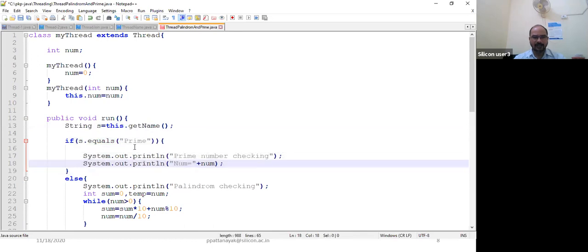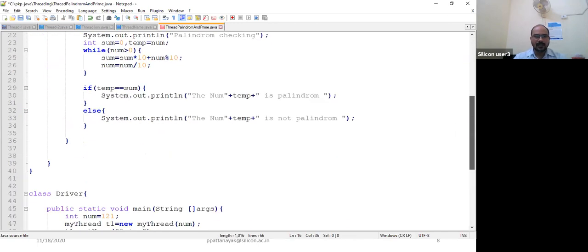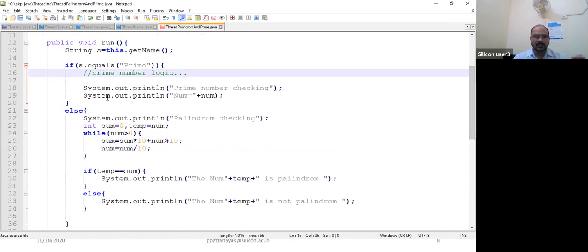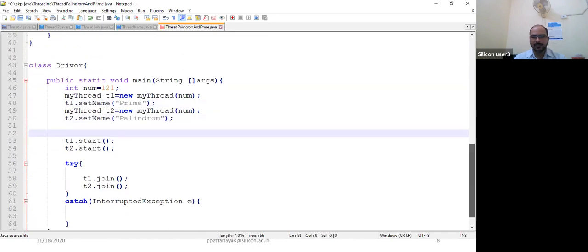So here you can write the logic of whether the number is prime or composite. Check whether the number is prime or not. This logic you can write over here. Else, if it is not prime, as we are dealing with only two threads, the other one is your palindrome.